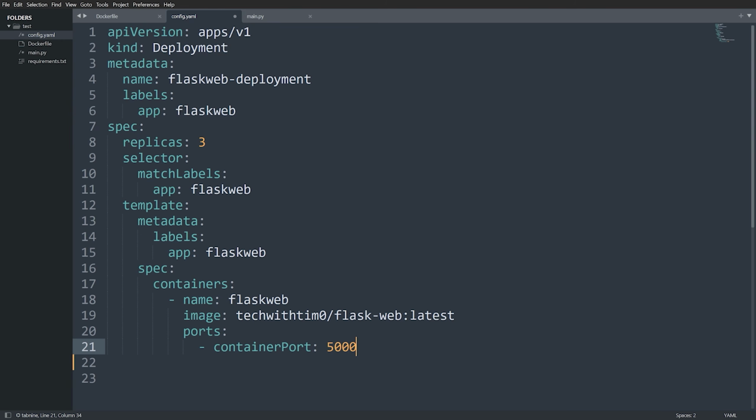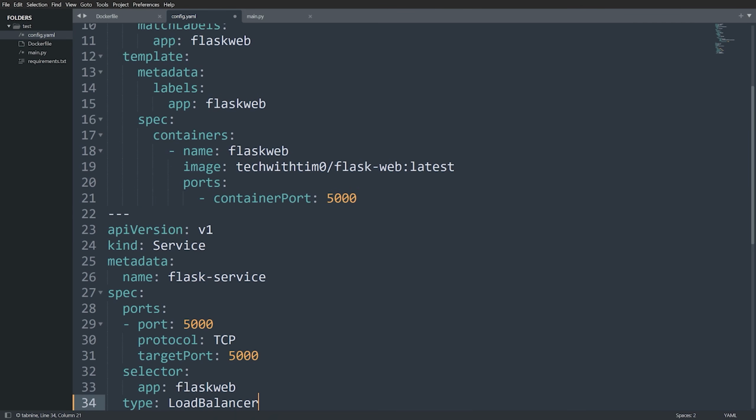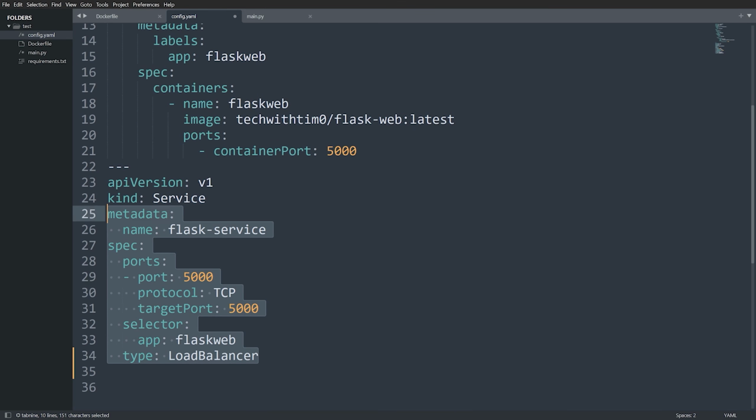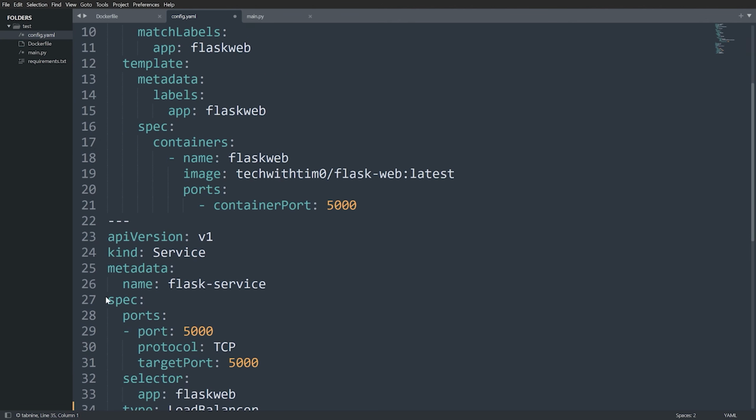Now, the issue is we need a service that's going to allow us to actually interact with our pods. So what I'm going to do is paste down here a service. Now, I put 3 dashes. The 3 dashes mean we're going to have a new file here, a new config. So you can place as much as you want in a single file if you separate it